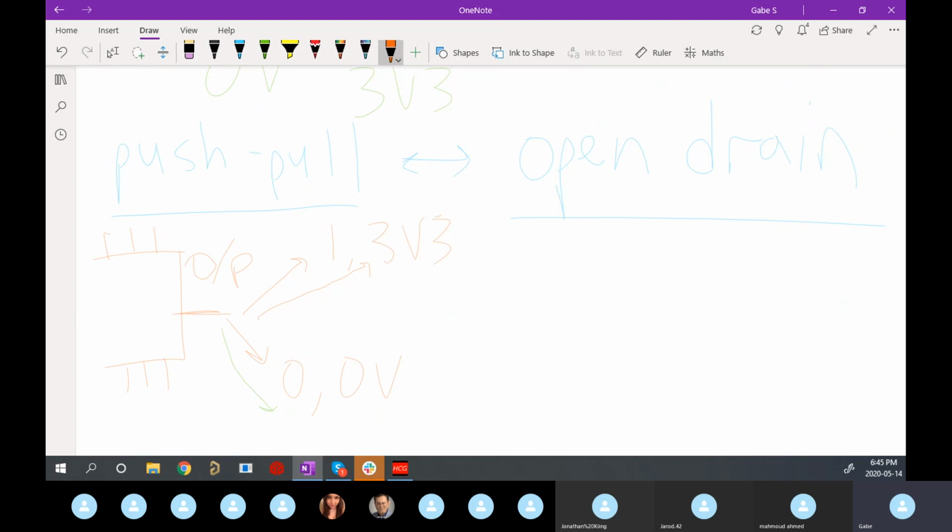Not as commonly used, but definitely used in the field. So, microcontroller pin. Open drain means that I can go down to 0, but I can't go up. There's no pushing up to 3.3 volts. There's no pushing up to my logic level. I'm essentially leaving that top state undefined. So I can pull down to 0 volts, or I can let the pin float,